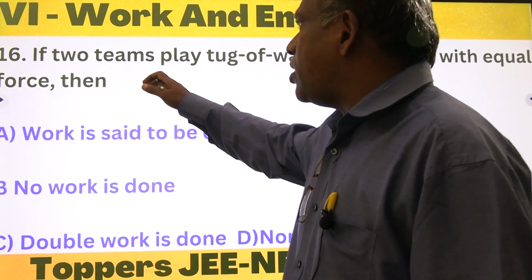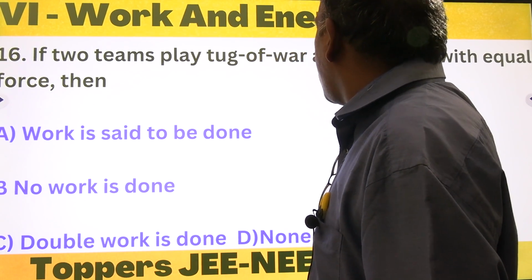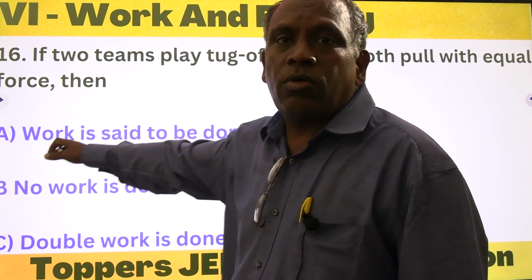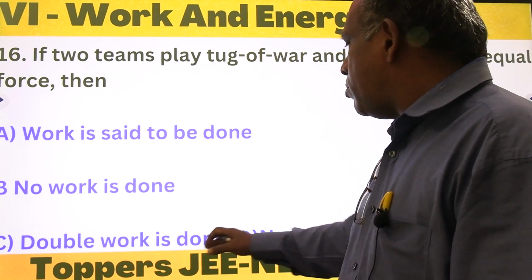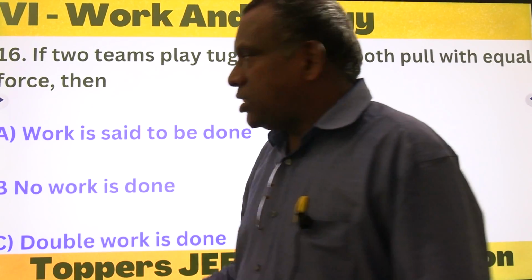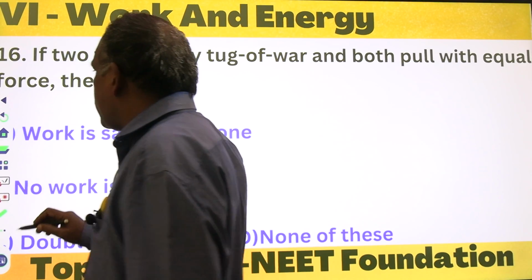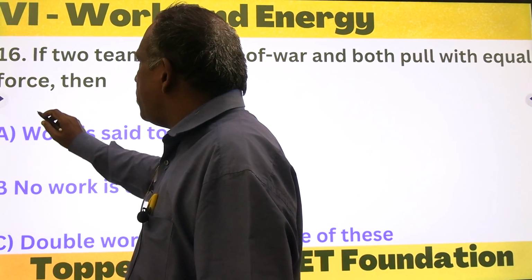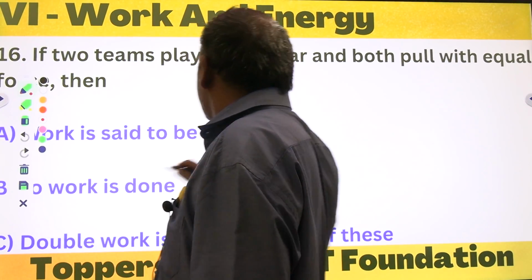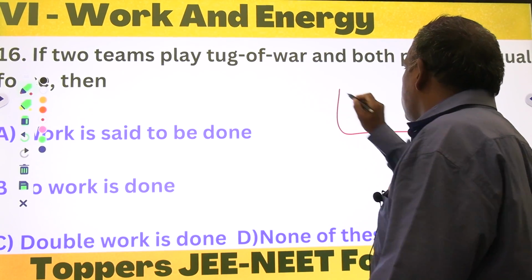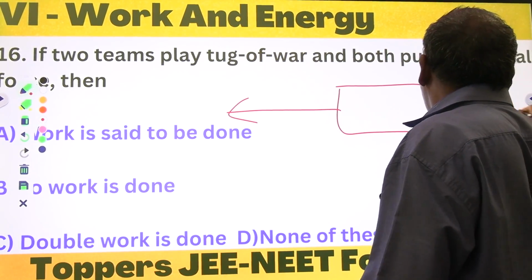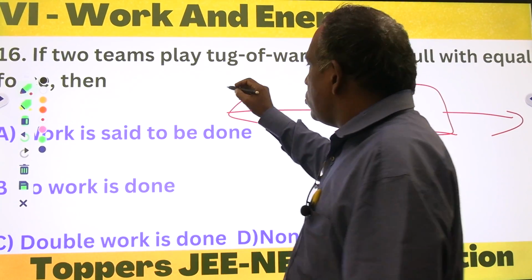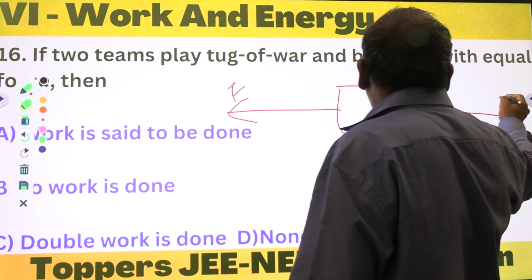So the 16th one: if two teams play tug of war and both pull with an equal force, then what happens? Work is said to be done, no work is done, double work is done, or none of these. See, in a tug of war, you are applying two different forces, two equal forces,